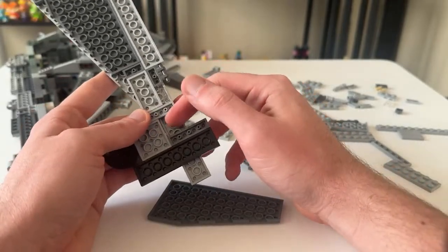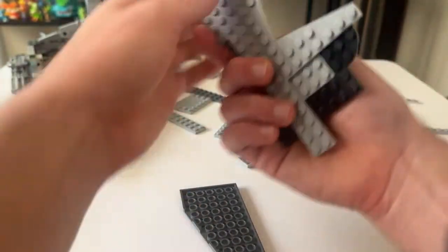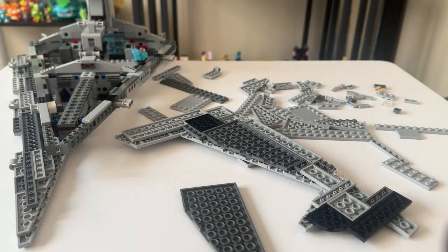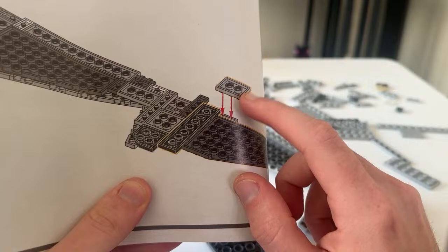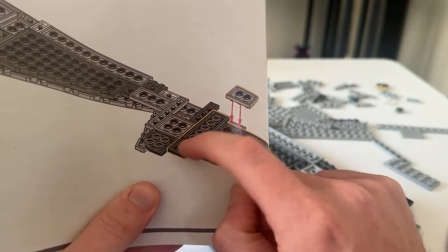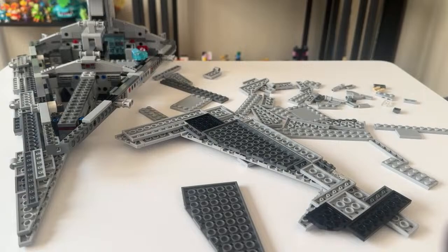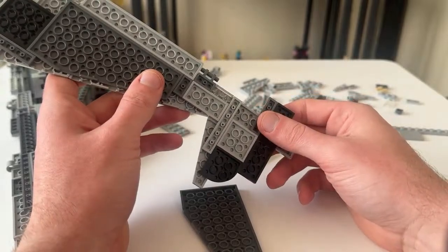Let's see. The part that's confusing me is, I guess I can show you guys. So here, bring up my instruction booklet real quick. So the part that I'm on is, what's throwing me off is this piece here looks like it connects to some studs here, and then I think my orientation of this is off. So I'm trying to figure that out. Like I said, I think I'm off by a couple studs, and I just need to take a minute and...